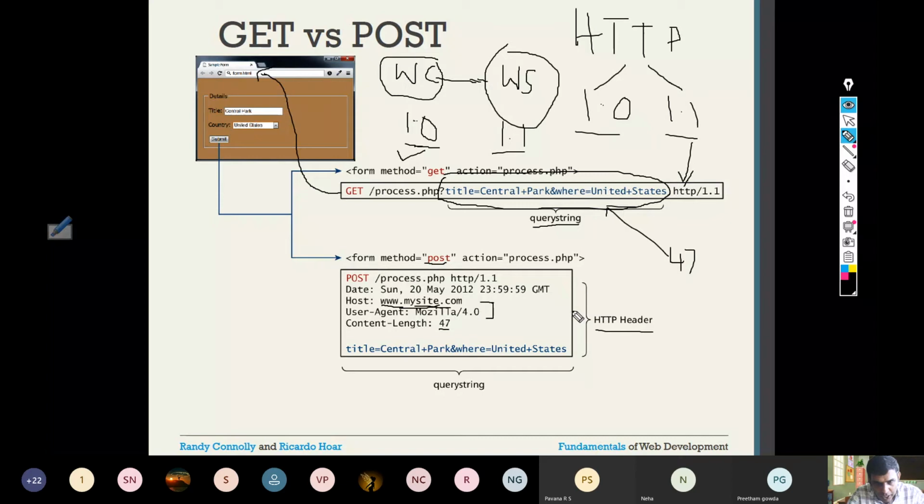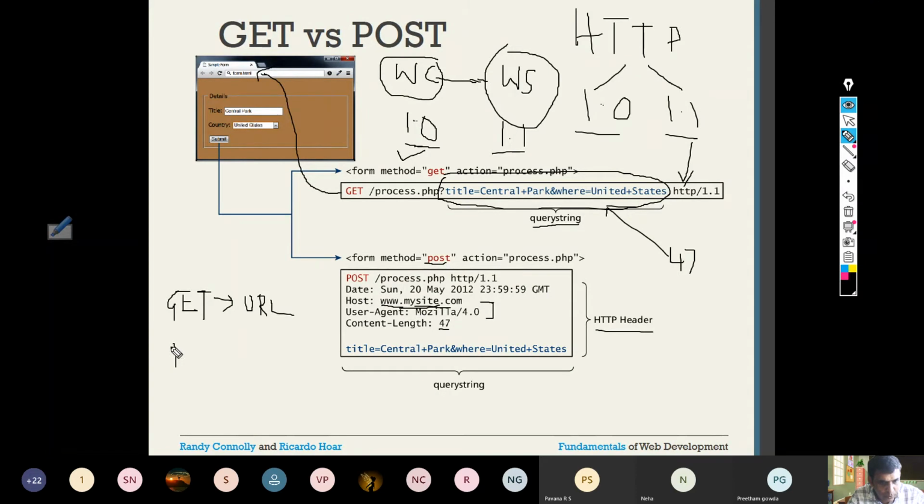So now you understood the difference between POST and GET. In a GET method, the information is sent in the URL, and it is displayed as a URL in the browser.